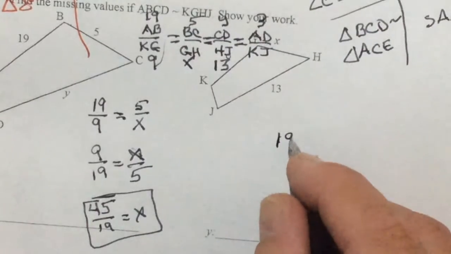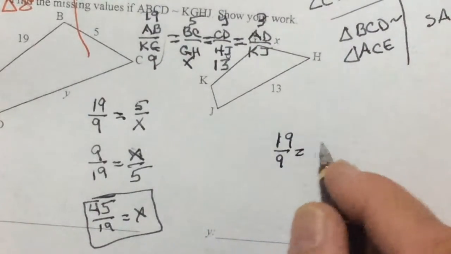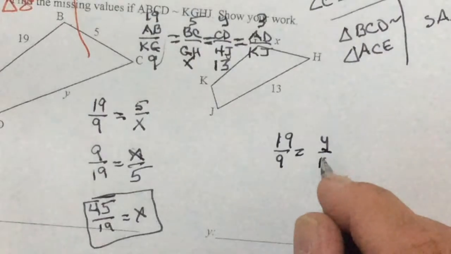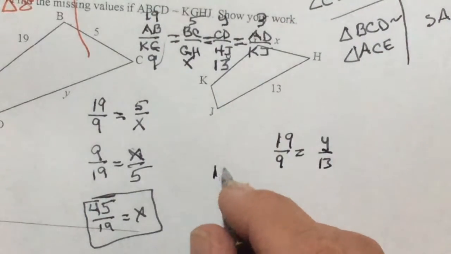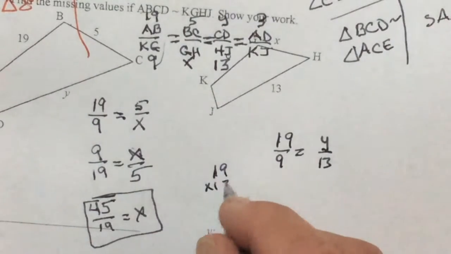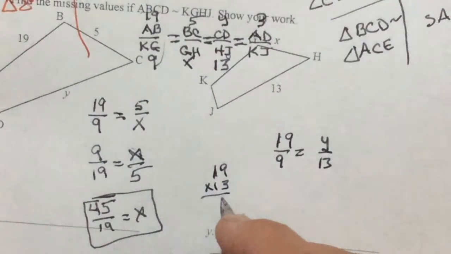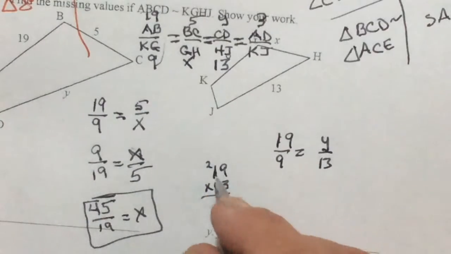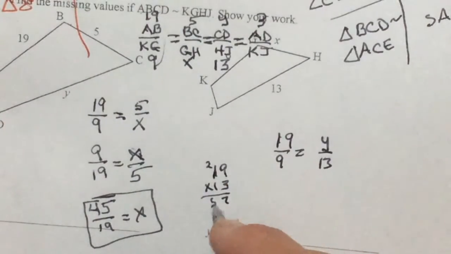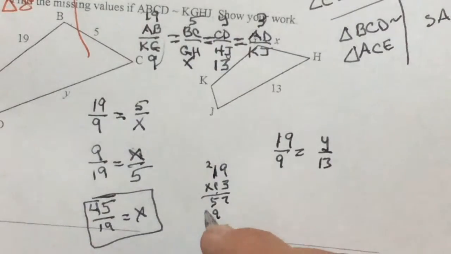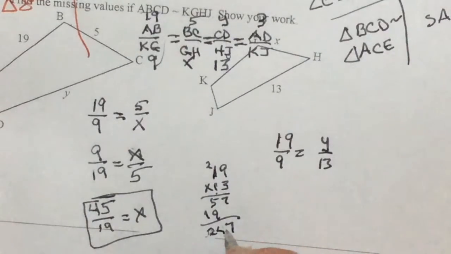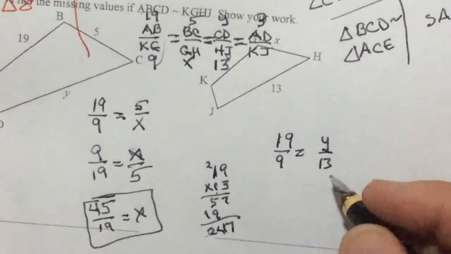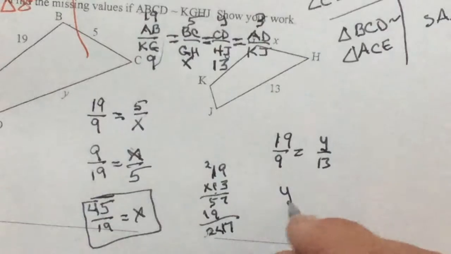19 over 9 is equal to y over 13. Okay, I'm not going to try this in my head. We're going to do 19 times 13. 3 times 9 is 27. 3 times 1 is 3, plus 2 is 5. 1 times 9, 1 times 1, 247. Okay. So the answer here is y equals